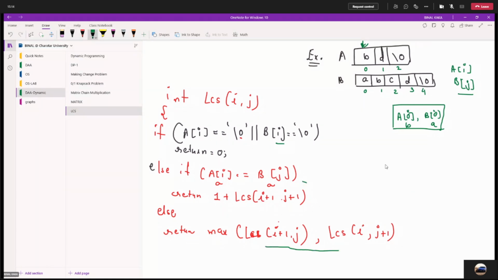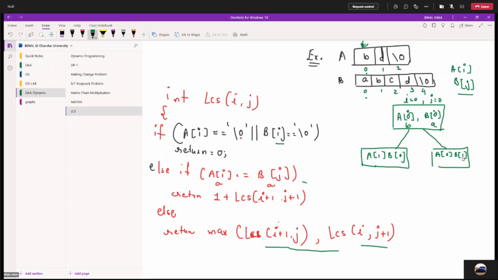इन दोनों में से जो भी maximum होगा, so here there are two parts. The first part says I plus 1. What is the I value currently? Currently, the I value is 0 and the J value is also 0, right? We are here at index number 0. Okay. So एक में होगा LCS(I plus 1, J). So I plus 1, I can write A of 1 and B of 0. यहाँ पे क्या होगा? I, J plus 1. So I can write A of 0, B of 1. Yes or no? Understand or not?